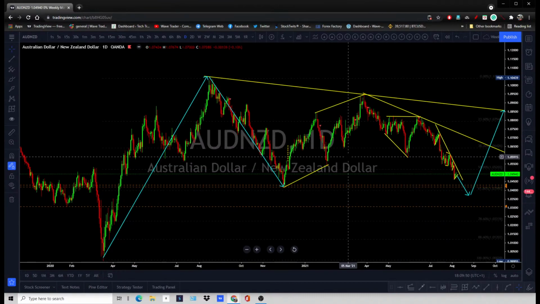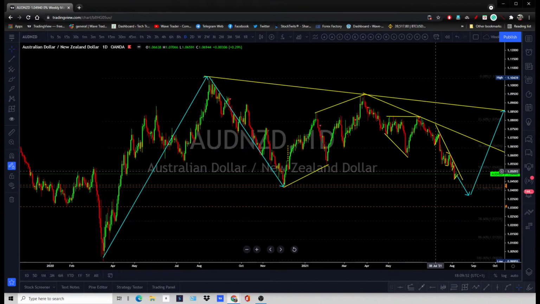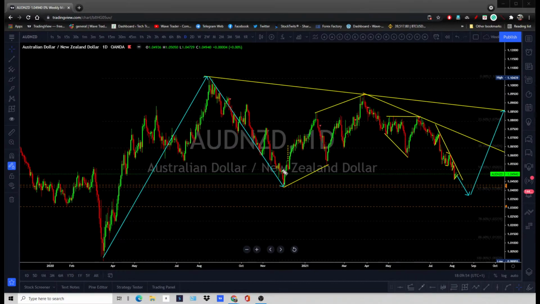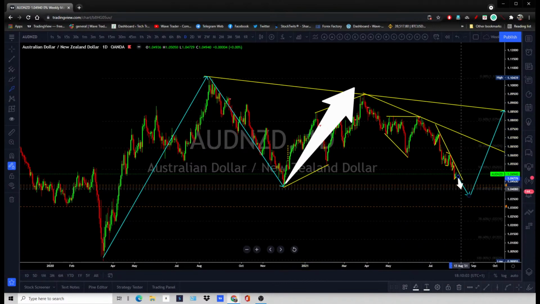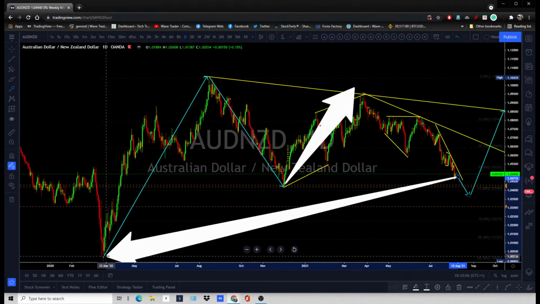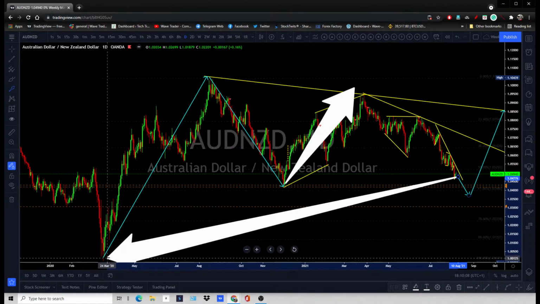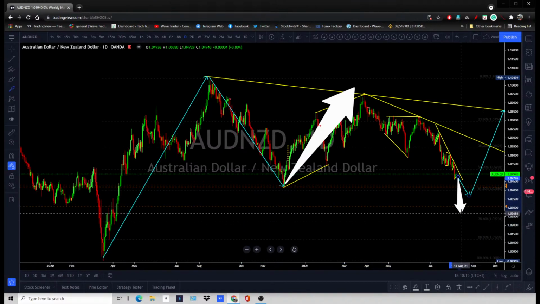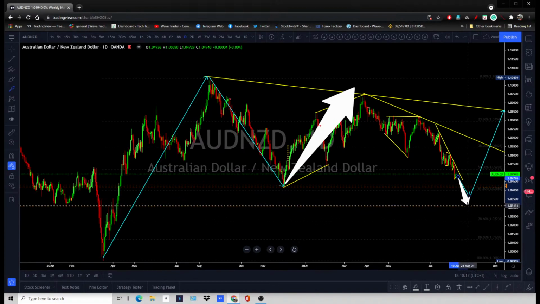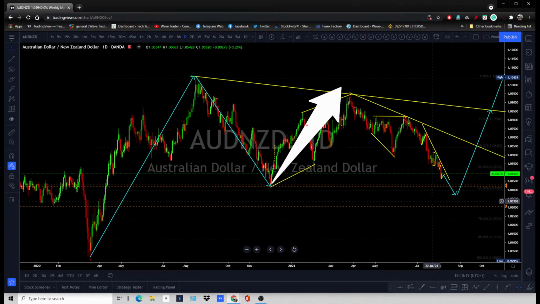So price action is not there for this pair to reverse for the longer term upside like it has done previously from this area. That means it can still drag lower. Last time it visited the 1 at this area. I don't think we're going to have that kind of drop. But at the average price, we have seen reversal on this pair.